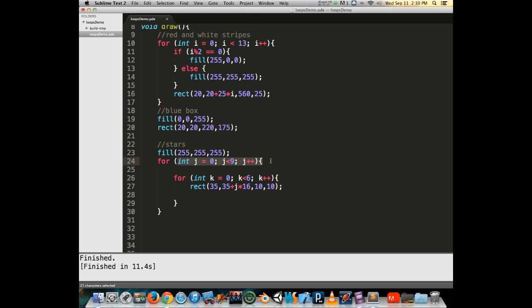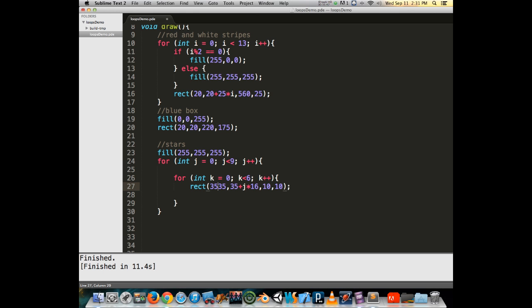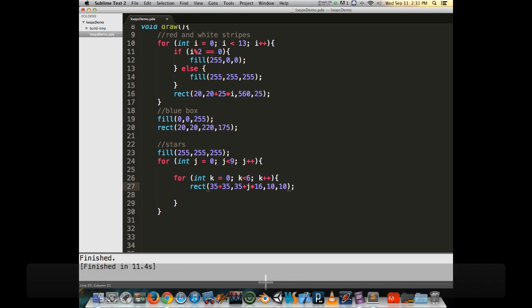So this gives us rows. And this is now going to do the boxes across the row in here, because we have a loop inside a loop. And this is where it's going to be a whole lot of fun. And our position as we're going to move it across is, if we start out, we know we want to be in probably about 35 because it's 20 plus about 15. And then we're going to space them apart